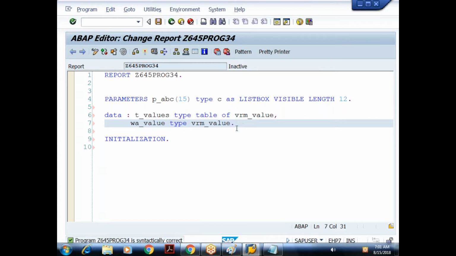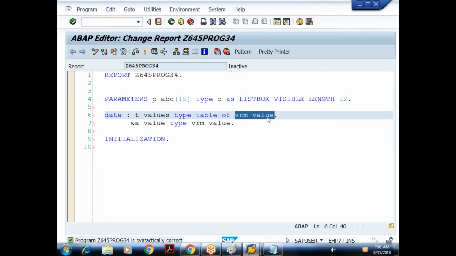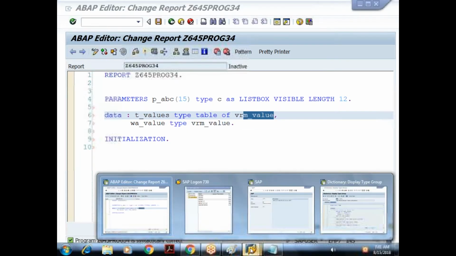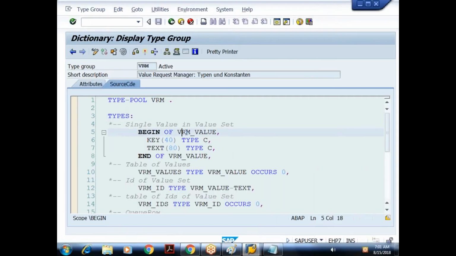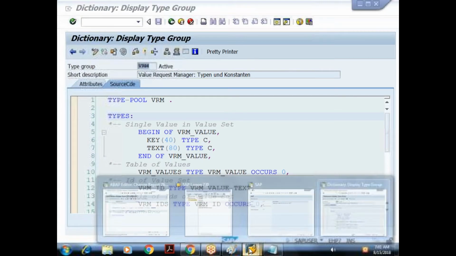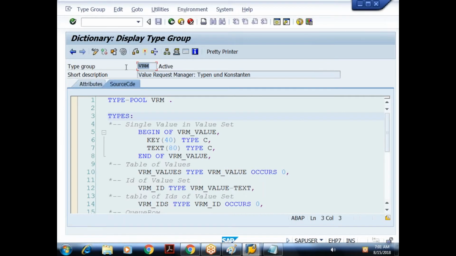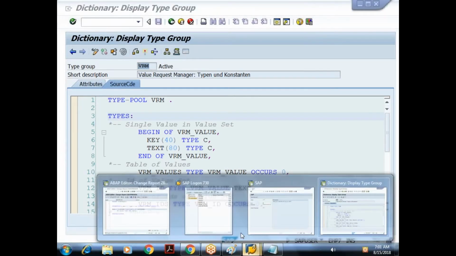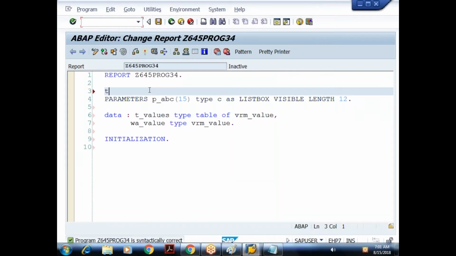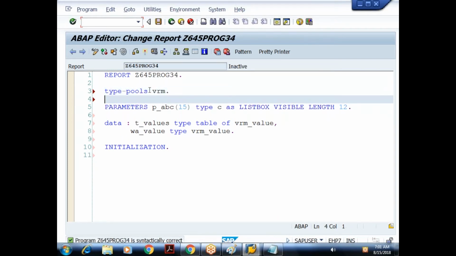But in the older versions, I told it may not recognize this. It will give an error saying that the type VRM_VALUE is unknown. So at that time, what you have to do? This VRM_VALUE is a types declaration defined in the type group VRM. So whenever we are using the components of the type group in your program, we need to declare the type group by using the keyword TYPE-POOLS. Type-pools vrm.